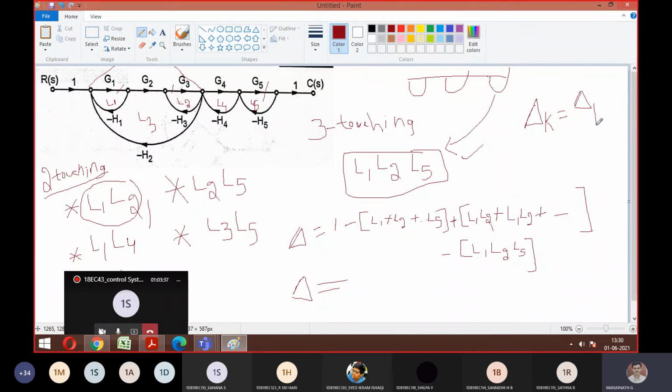Tell me, do you have any answer for this forward path? Is it touching all the loops? Yes, sir. So since all L1, L2, L3 are directly connected to forward path 1, straight away we can conclude that delta 1 is equal to 1 only. Am I clear? Yes, sir. So then you can dump back in the formula T1 delta 1 by delta. So substitute all the values, divide by delta. That concludes a 16 marks problem.